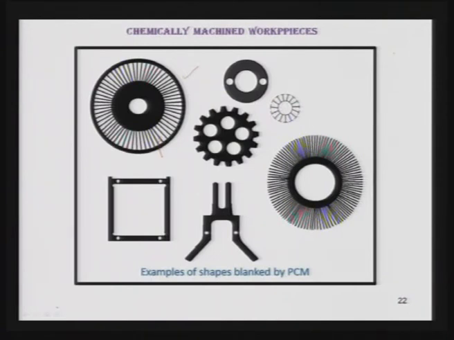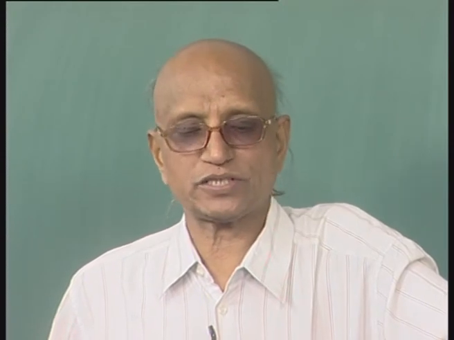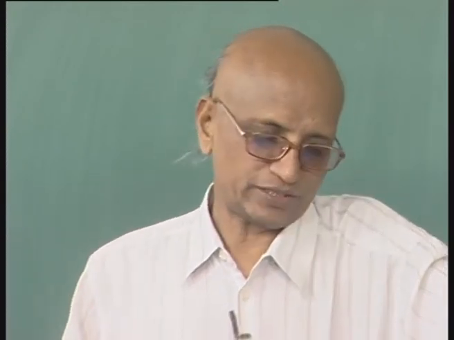You can use screen printing or photoresist printing for these purposes, and it will not take too much time for dissolving the material by the etchant from that particular area. Once you have prepared a photomaster or the screen for these purposes, then you can easily mask the component and then put it in the etchant for the pre-decided or pre-designed time, and let it be machined, and you will get a fast, high production rate chemically machined component.